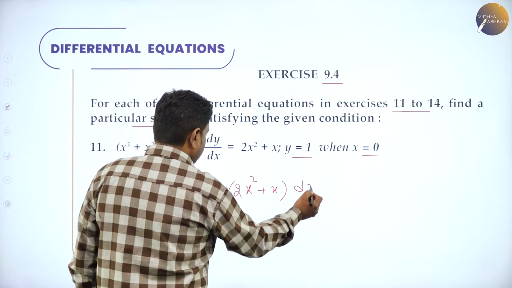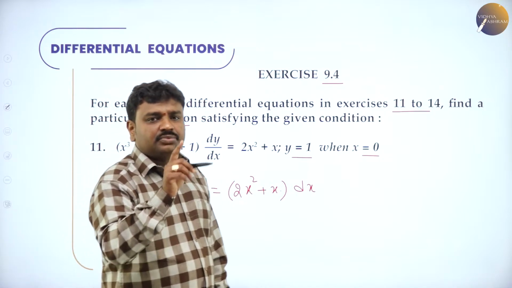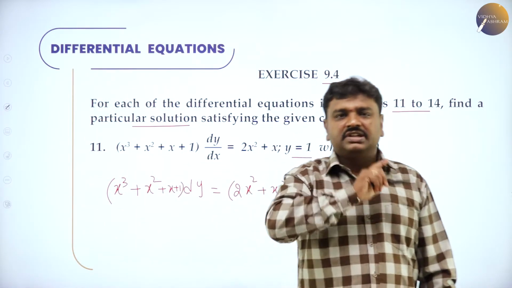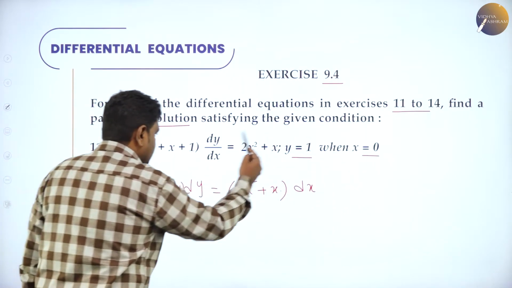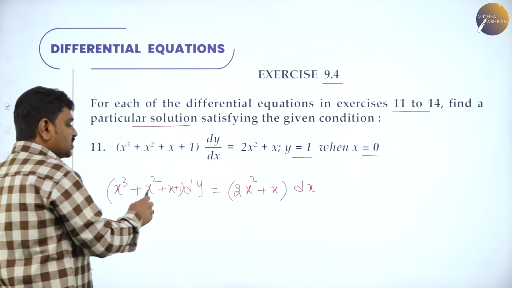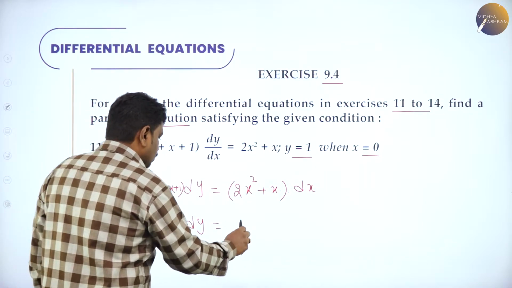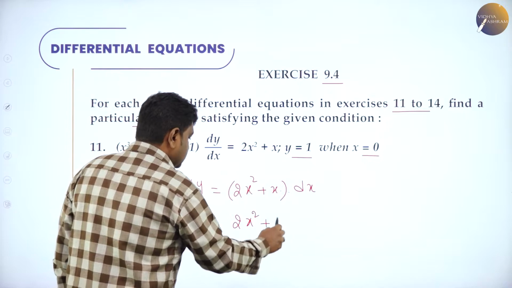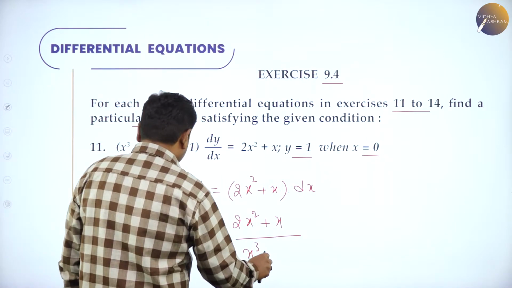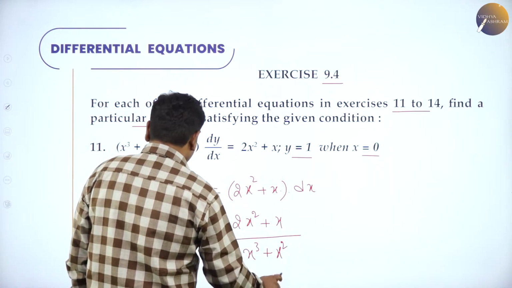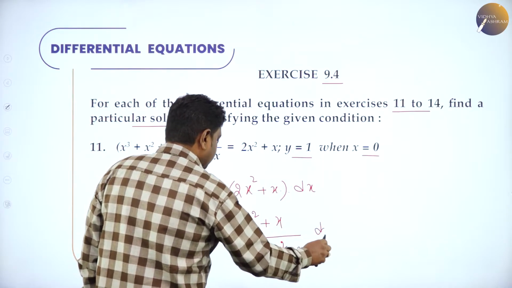Denominator dx I will transfer it to RHS. And you know this is dy is in numerator. The first step is d term should be in numerator. If d terms is in denominator, first you have to transfer them to numerator. So here dx was in denominator, I transferred to RHS, it will become into dx. Now functions of x should be with dx. So let dy be here is equal to 2x square plus x divided by, transfer this term to RHS. So it will become x cube plus x square plus x plus 1 into dx.